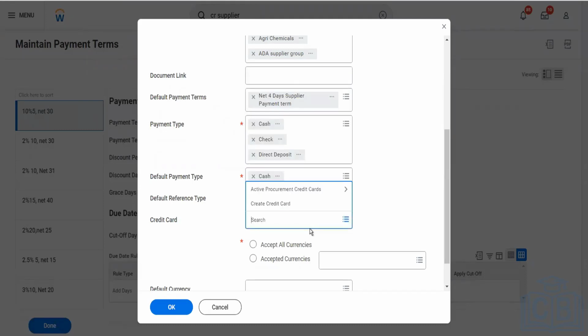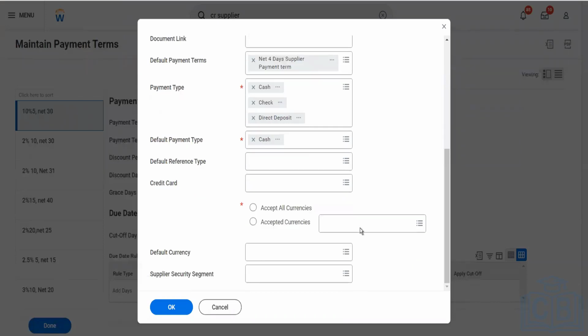If this supplier has a credit card, or we own a credit card from this supplier, for example Amex. If you own Amex, then Amex is a supplier and Amex has given you a credit card which will have a number. So that credit card number we have to add here for that supplier. Then